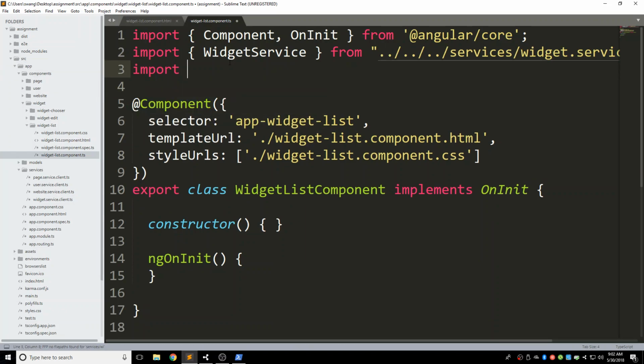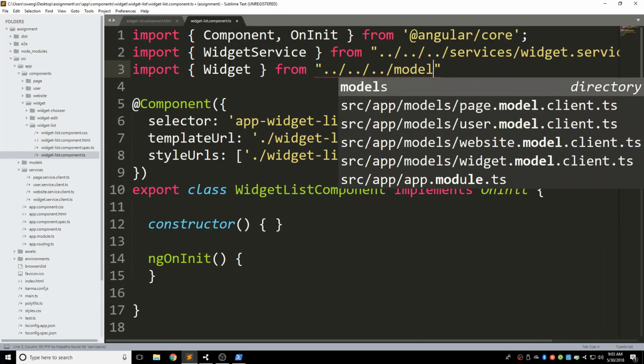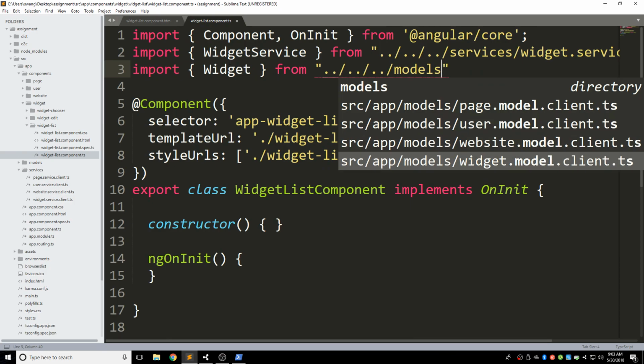And the next one is the model widget. It contains the structure of my widget. It knows how a widget should be, what kind of properties are inside a widget. A widget maybe has an ID, a page ID, maybe a text, a URL. It knows how an object looks like for a widget. Model folder, and this one here,